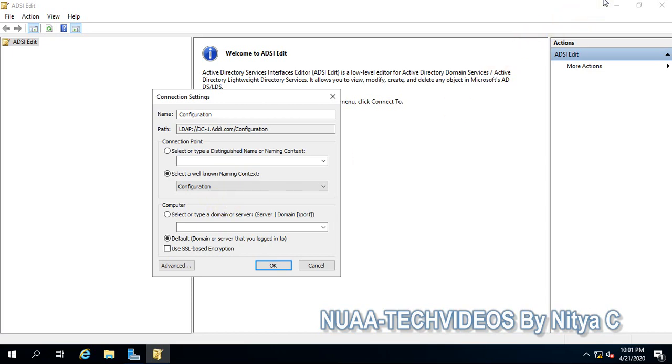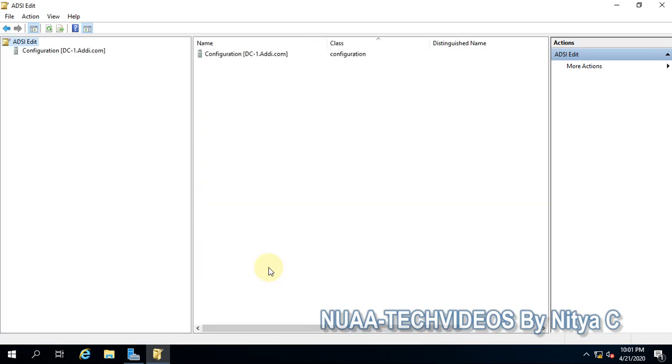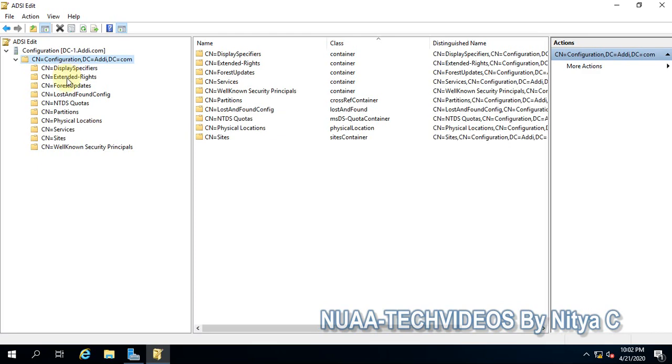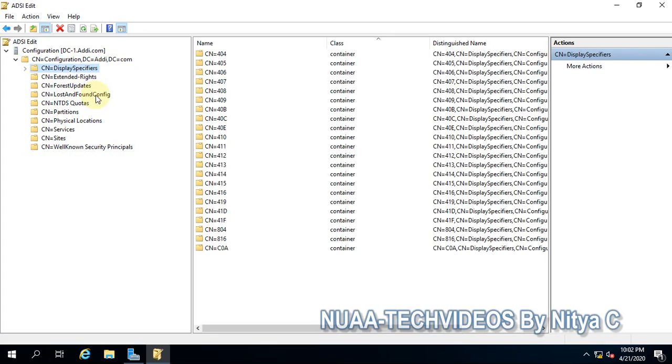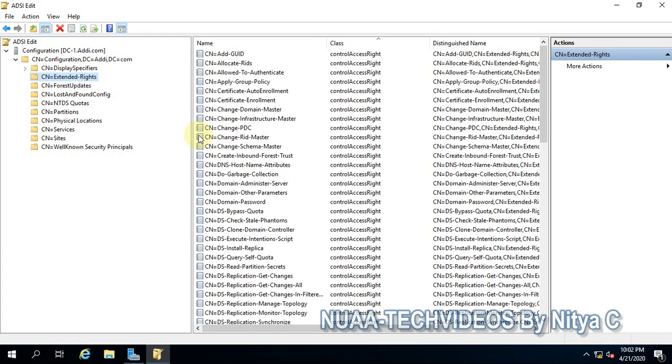Select a well-known naming context, then select Configuration and click OK, and this is connected. This is the domain controller's configuration partition that is connected, and let's expand that. So this is Configuration, and if we expand it you will see some containers: display specifiers, extended rights.